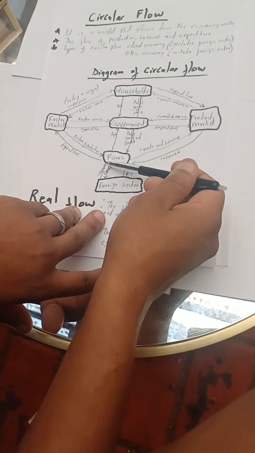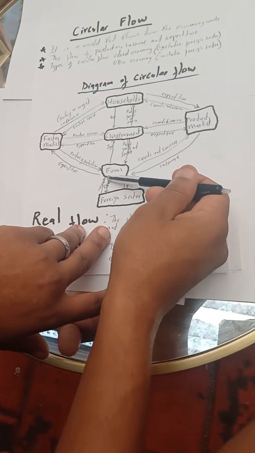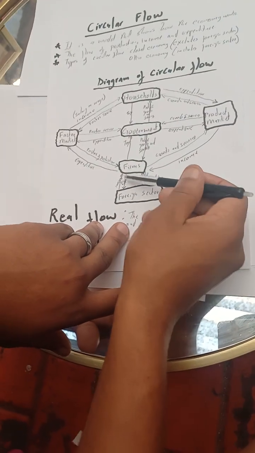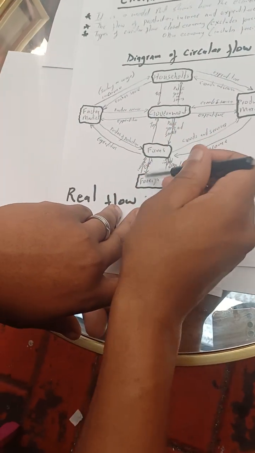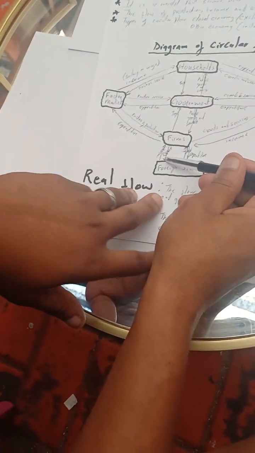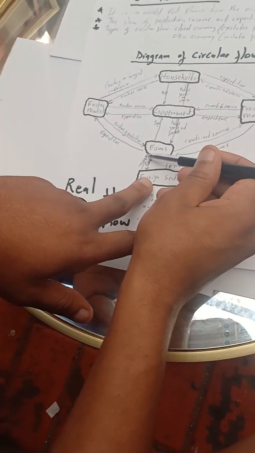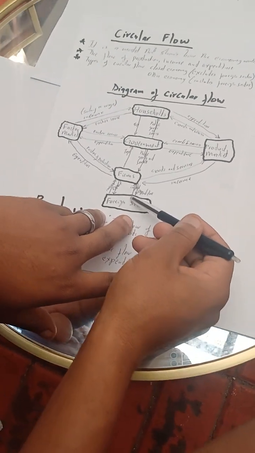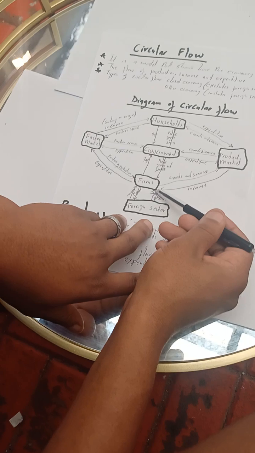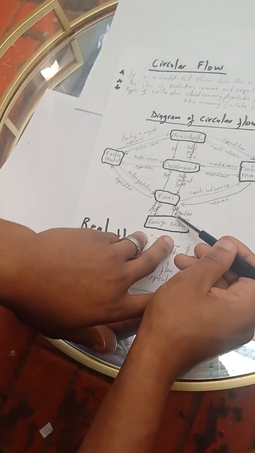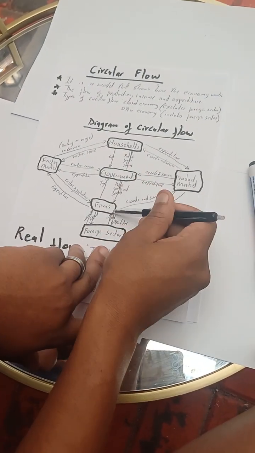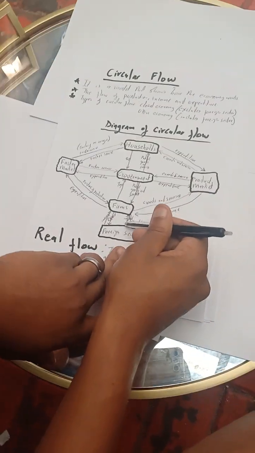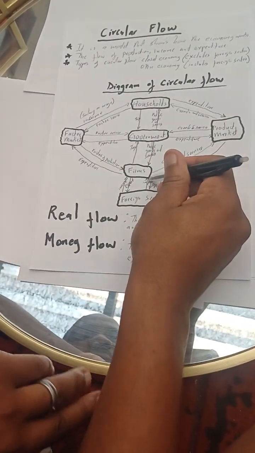As you can see, there's an arrow from the firms moving to the foreign sector. That arrow is exports, we sell goods to other countries. Then when we sell there we receive income, and then again we are able to buy from other countries, that is imports. As we buy there we spend money, that is expenditure. As you can see the arrow, money leaves our economy and goes to other countries because we buy goods and services from them.